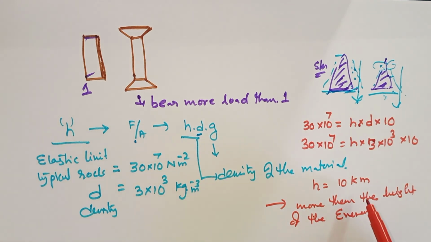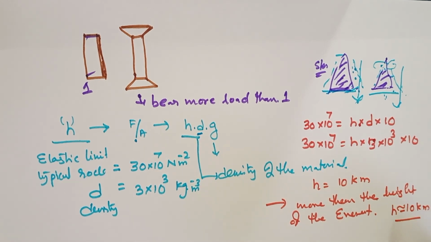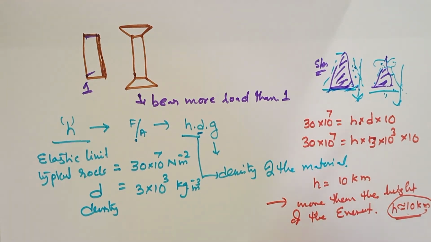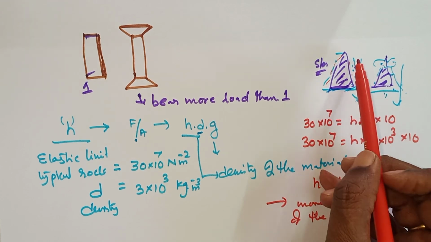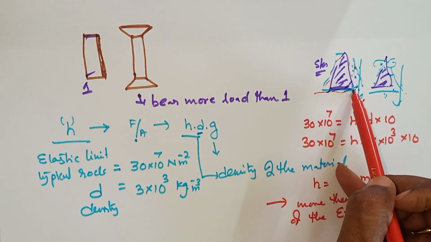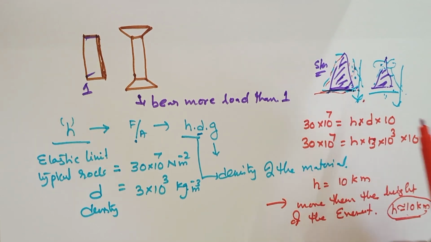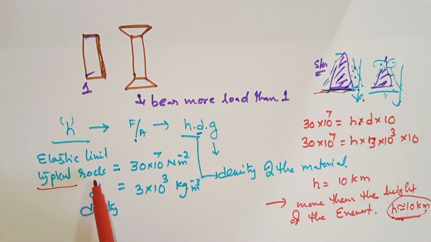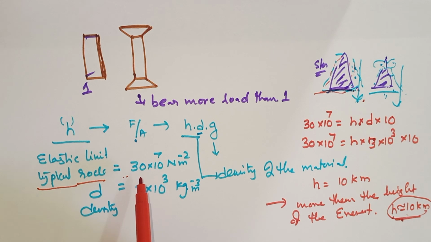That's what we obtain, approximately 10 kilometers, which is approximately reaching the Everest height. This is the reason no rock has been built more than this. So Mount Everest is the topmost rock, because there are shear stresses where they fall down again, where they can flow, and at the bottom they can be balanced, so more than this height you cannot imagine. So the shearing stress, of course, all depends on the density of the rock and its strength; typical elastic limit or yield strength can all be taken into account, right?